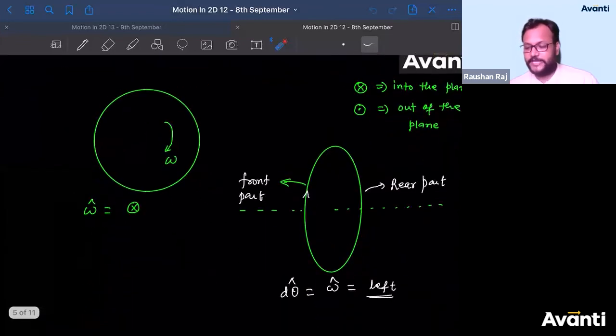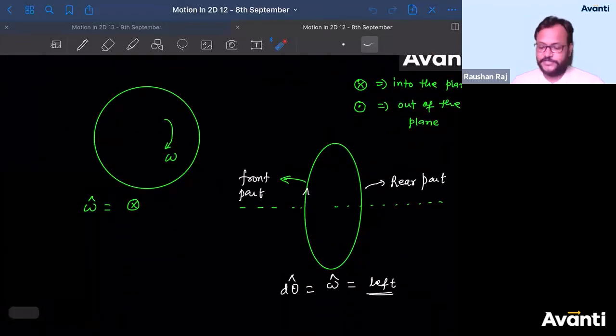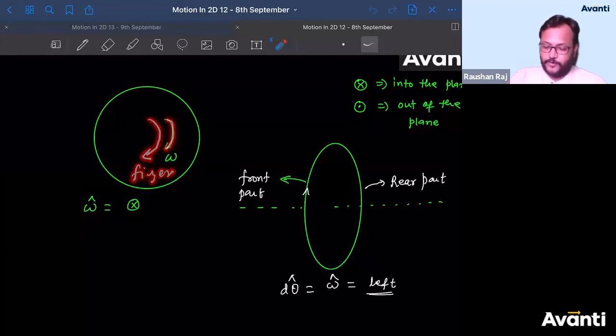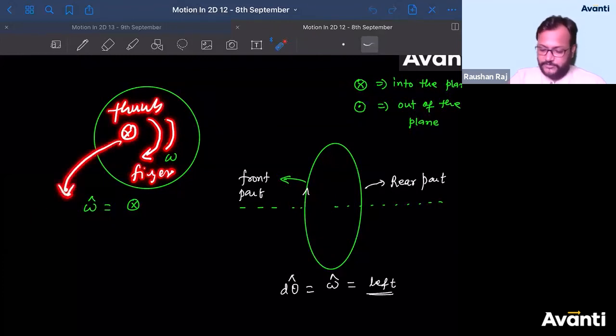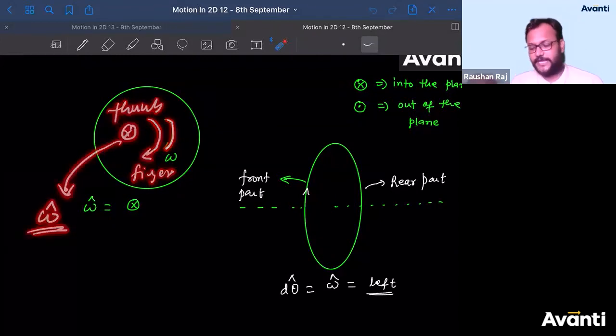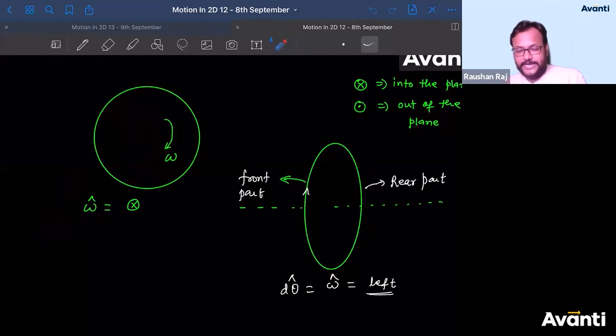Next page. If I go to the next page, I'll take one example for this. I'll say this is omega. I'll draw an arrowed line. I'll say these are the fingers. Then the thumb, what will the thumb be? So thumb will be into the plane. So I'll point out this is the omega vector. That's it. While reading this, the diagram will be self-explanatory. I don't have to read a statement. So that will help you to revise things in a very short span of time, but effectively. ठीक है?